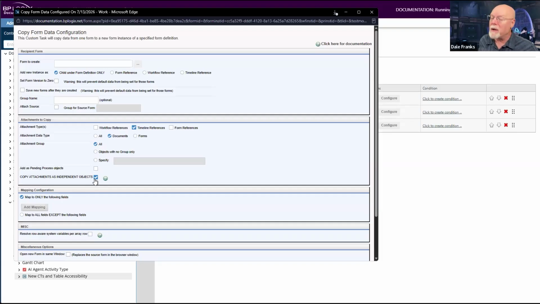That is a fundamental change to the way that attachments work. So if you do not want to create brand new copies of the document, then I'd suggest you not check that box, so that the previous behavior of just having the references copied over, so that you have one canonical copy, is unchanged unless you click that box. So unless you want to do that, don't click that box.